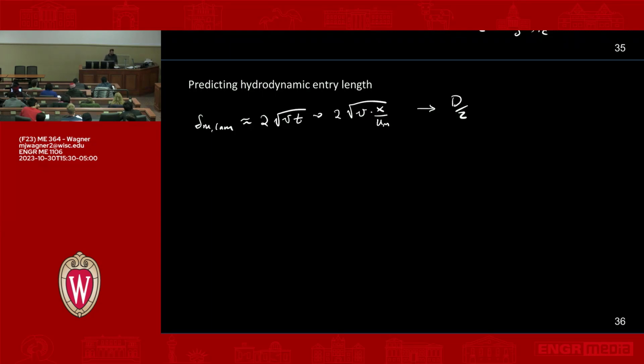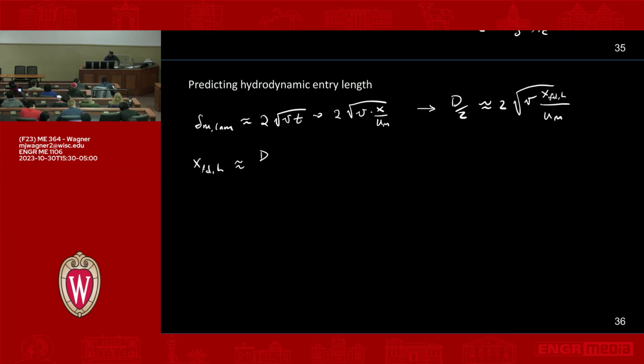So we can rewrite this and say this is approximately 2 times the square root of viscosity times x_FD,H over u_m. And then we just have to solve this for x_FD. This is what we're trying to get with the hydrodynamic entry length. So x_FD,H is approximately equal to, just solving this with algebra,